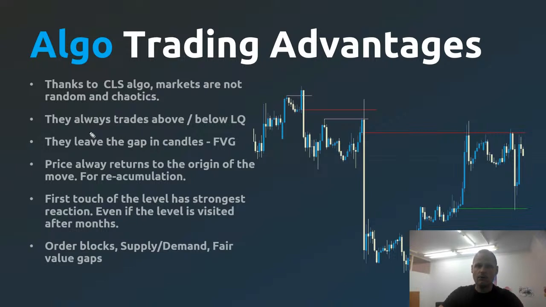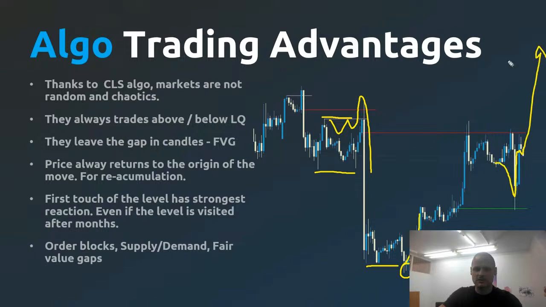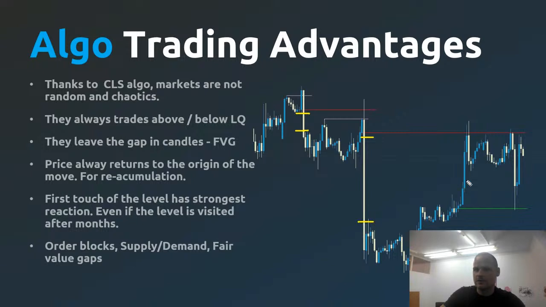So as said, they always trade above or below a liquidity level. So where is the liquidity? Liquidity is always above or below, old highs. So they always dip into it before they go the other side. Again, up before they go down, and here it was down before they go up. This continued up. So they always leave this footprint, these gaps. How can we be sure that there was trading by this entity? It's that they leave these gaps, called fair value gaps, or they could be called 1 2 3 gaps.